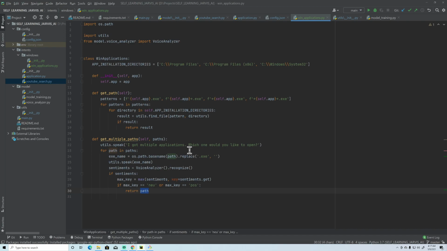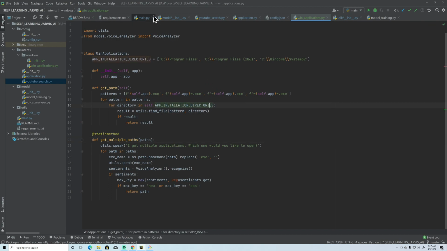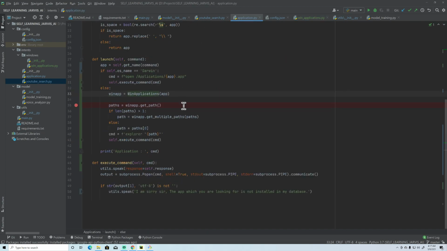So let's see now. Okay, so I need to remove this self also, that is why we are getting this hint. So static method, that's it. And in the application here, instead of this WinApp, we are going to get it from this class name, right?